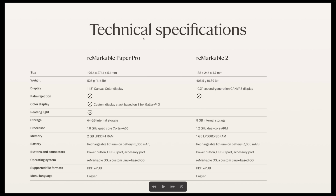There's obviously no Kindle bookstore or Android apps on the reMarkable, so if you're a Kindle user, you're probably still a little out of luck, but if you're willing to use PDFs or ebooks, this potentially could be an all-in-one device for you. The other big changes are we're going from 8 gigabytes of internal storage to 64 gigabytes, which is a huge change. I never bumped into the 8 gigabyte limit before, but I